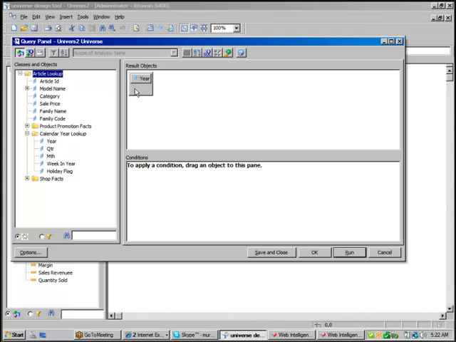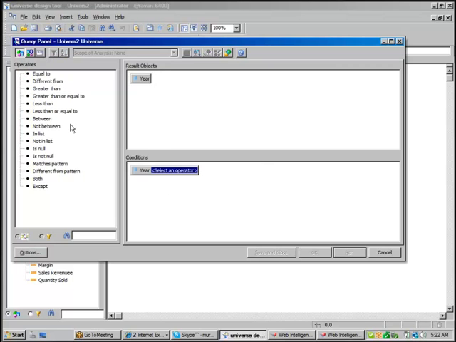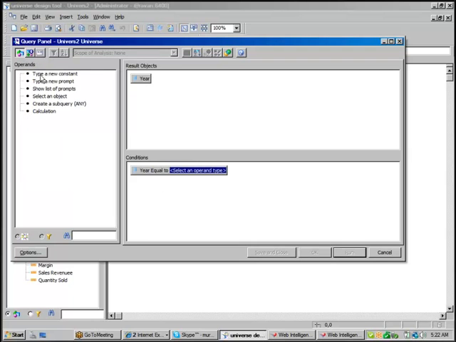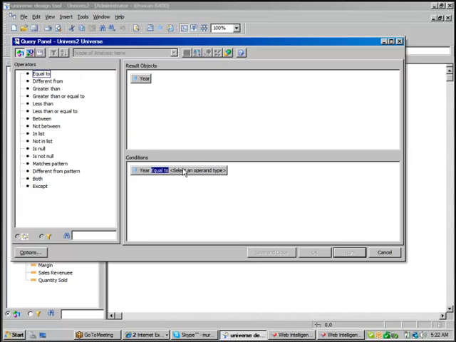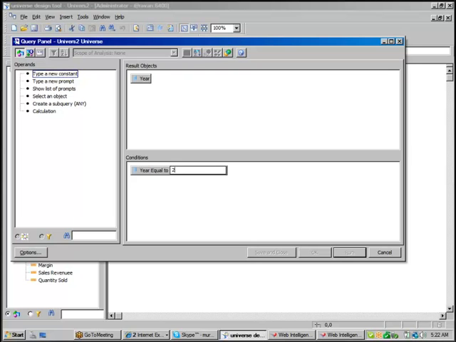That means it will display the full list, but as per our requirement, we need a list for only one year. So drag and drop year into the condition, select the operator equal to, then type operand 2006.